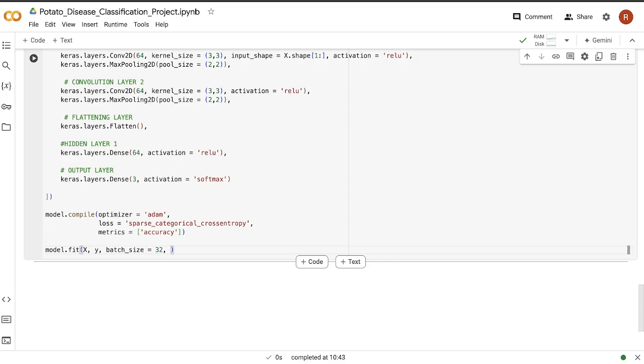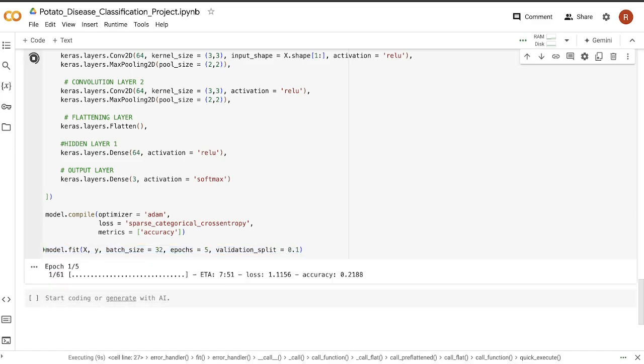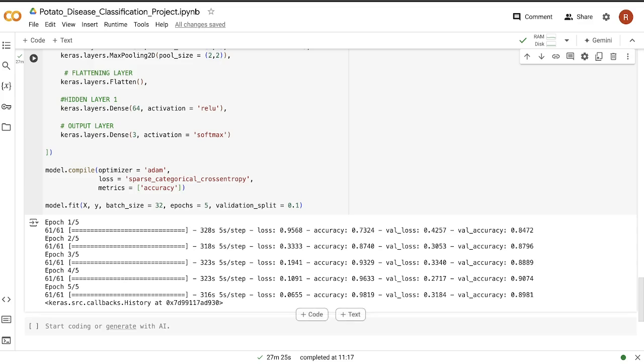After that, I will specify the epochs. Now always start with less number of epochs, and depending upon the accuracy and validation accuracy, increase the number of epochs. So right now initially I will keep it 5, and then the validation split of 0.1. So this is the code for fitting your model. Now after that you can start running your model. So after the 5th epoch, now the accuracy is 98%, the normal accuracy, and the validation accuracy is 89%. So that's a good thing. Then you can try and go ahead with various validation split values and different epoch values, different batch size values.